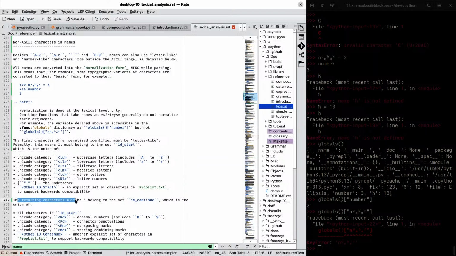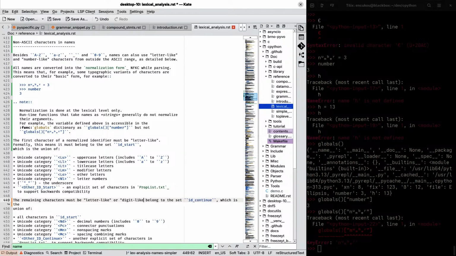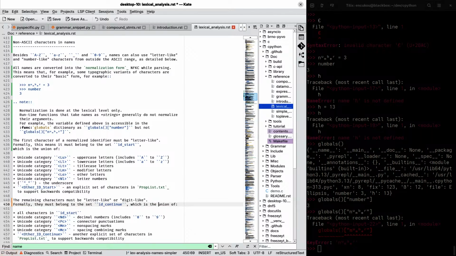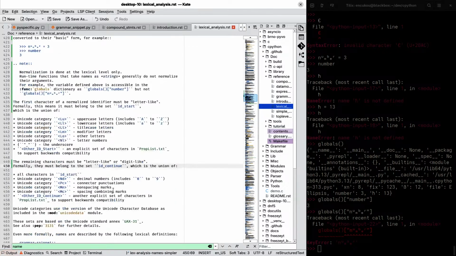So the remaining characters must be letter-like or number-like or digit-like. Formally, they must be in the union of sets, right?